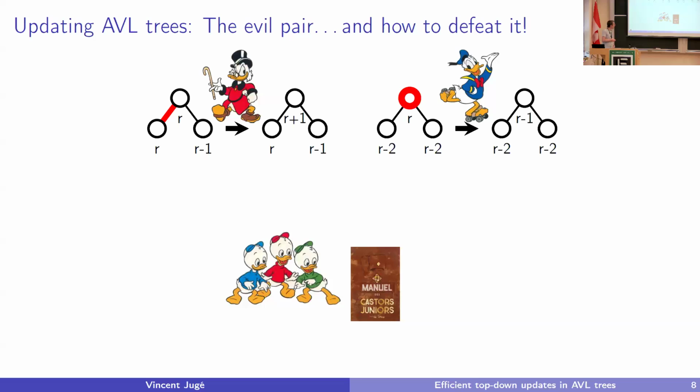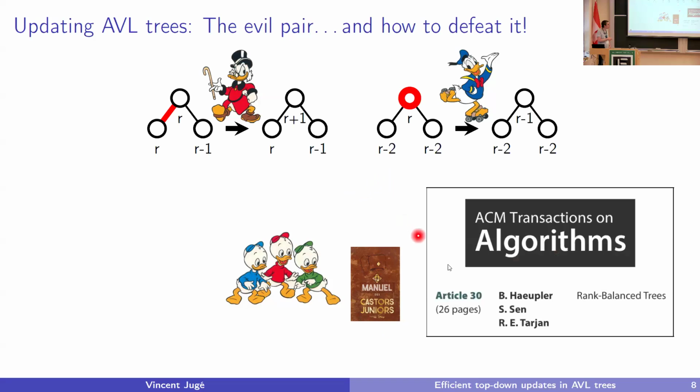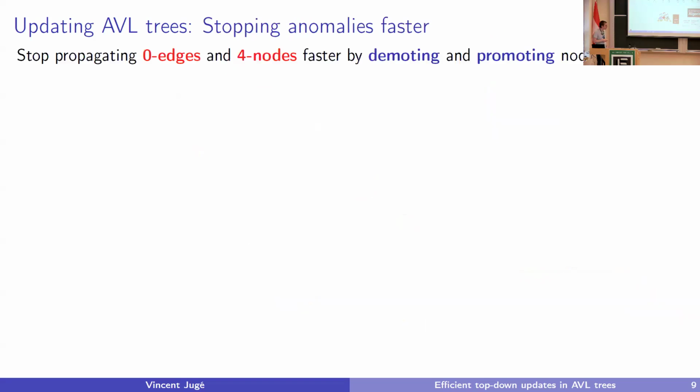And in this book, if you open it, at some point you find some extracts from ACM Transactions on Algorithms from 2015, where they have written the article on rank balanced trees, which are weak AVL trees. And in there, they have a lot of ingredients that you can actually use to solve this problem of inefficiency in AVL trees. So let's look at what we can do. But first, we definitely need some way to stop propagating errors faster, because if we don't do it, we already have a counterexample that will force our complexity to be bad.